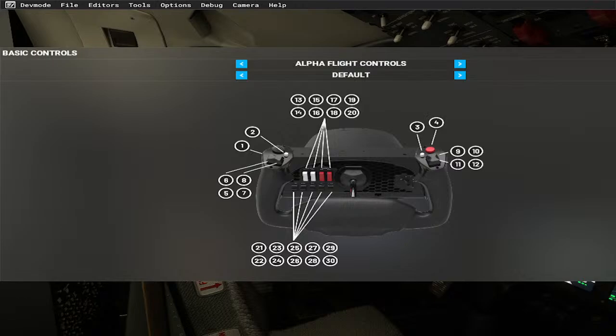Speed is very impressive. And fuel, a little over 6,000 pounds, which is about normal. I always take off with about